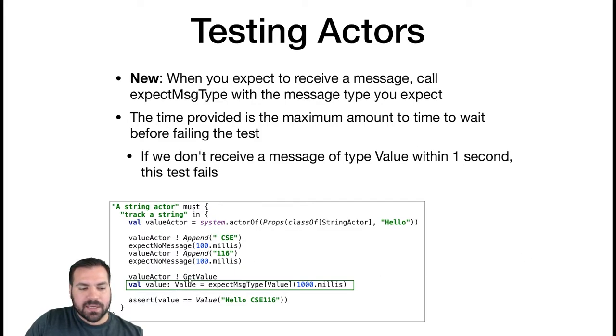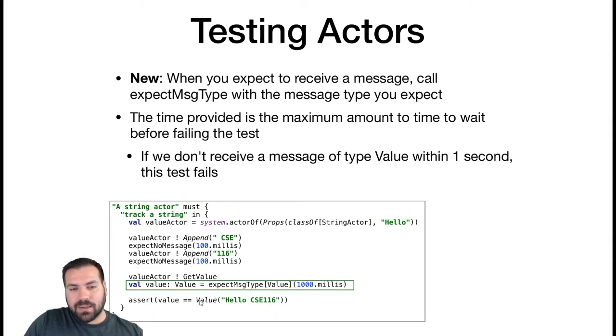I don't have to have this. I don't have to declare the type here. I usually like adding these just to make sure everything's super clear. So, and this is a maximum amount of time to wait. I'm going to say that probably a few more times. If a message of type value is received sooner than 1 second, we move on to the next line of